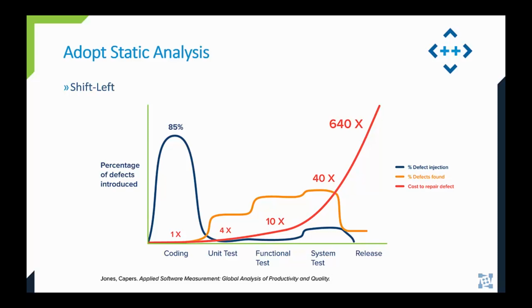And if the product happens to go out with a severe defect, then you may have recalls, lawsuits. Basically, the costs can be astronomical. So, based on my experience, my message here is that if you are not applying static analysis from the get go, your cost of testing is not being mitigated. Adopting static analysis is very easy to do, especially with Parasoft C/C++test, because we plug right into your IDE or into your build process. It's easy.